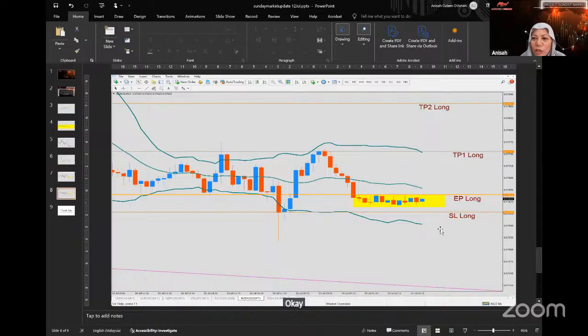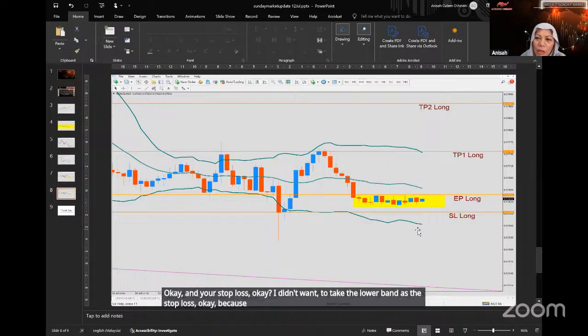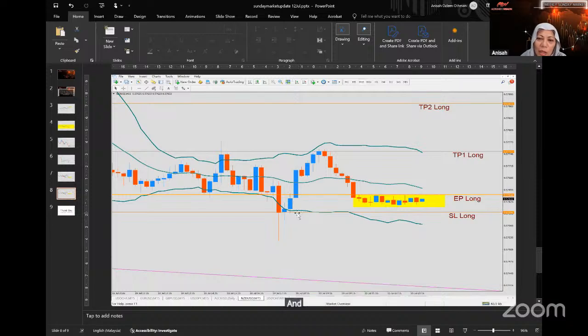Okay, and your stop loss. I didn't want to take the lower band as the stop loss, because I don't want it to incur such a huge loss. If it is really going up, it's not going to come back and test the previous demand level, which is at